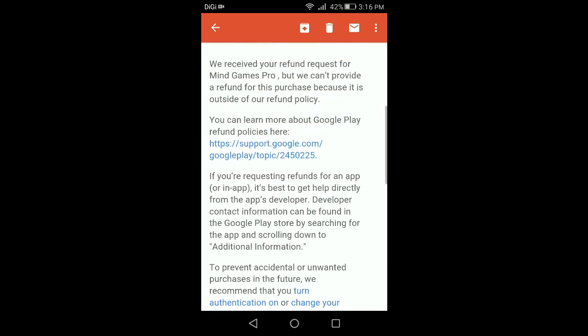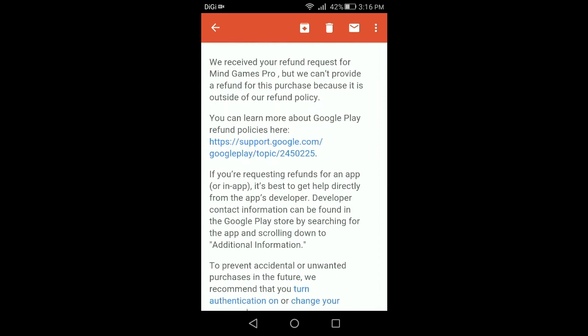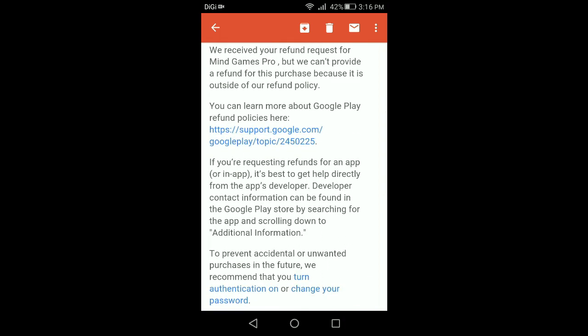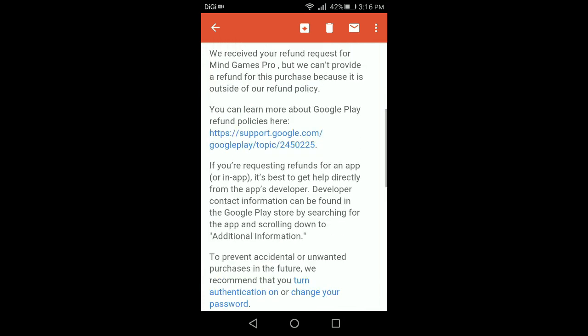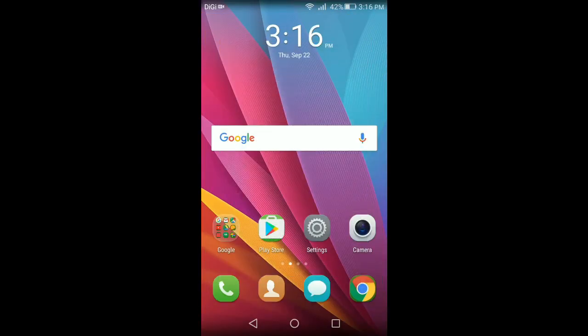If it is an in-app purchase and you really want a refund, you can just either contact or email the developer, as it says here. If you're requesting refunds for an app or in-app, it's best to get help directly from the app's developer. We will teach you how to request a refund from the developer.